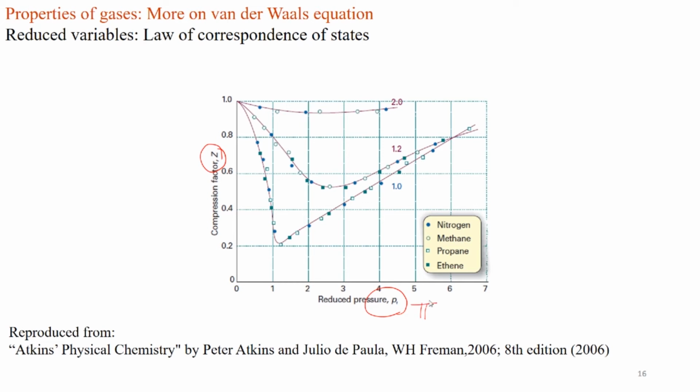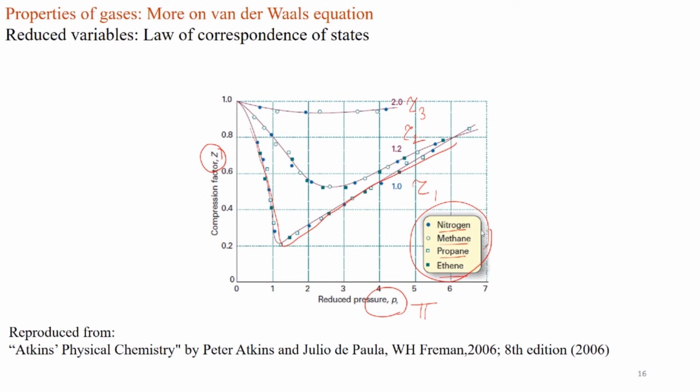Now note that this is plotted at various tau values, or the reduced temperature. For a given tau, all the gases like nitrogen, methane, propane and ethane behave very similarly. They all fall on the same curve for any given temperature, which means they all now behave